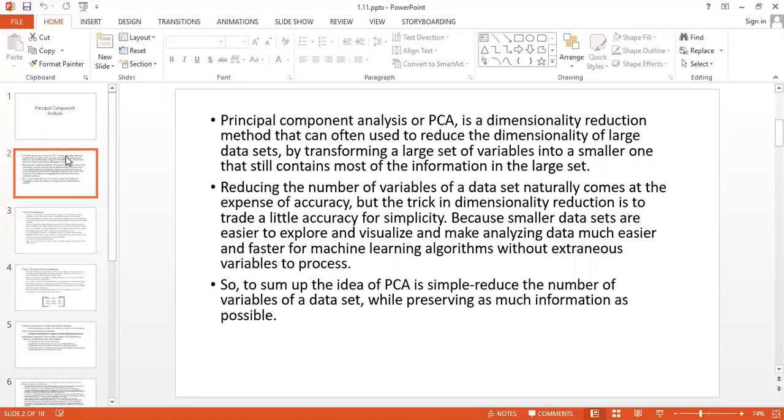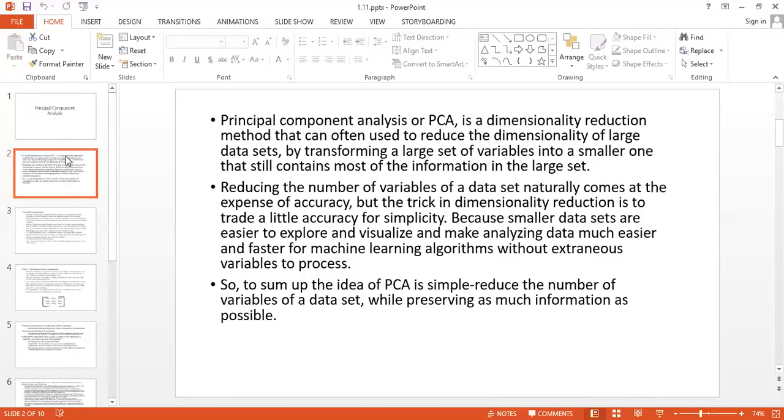Reducing the number of variables of a data set naturally comes at the expense of accuracy, but the trick in dimensionality reduction is to trade a little accuracy for simplicity, because smaller data sets are easier to explore and visualize, and make analyzing data much easier and faster for machine learning algorithms without extraneous variables to process.